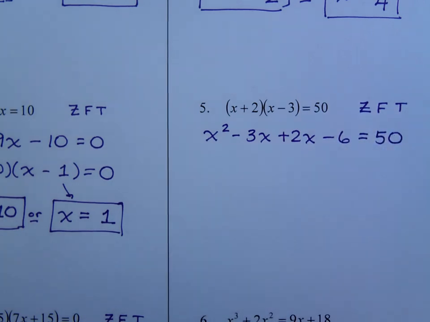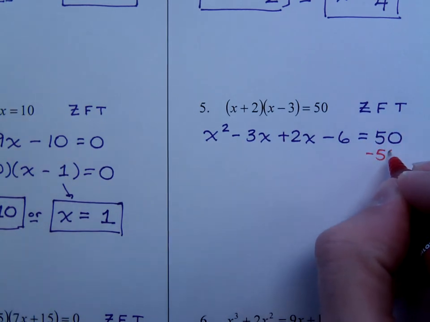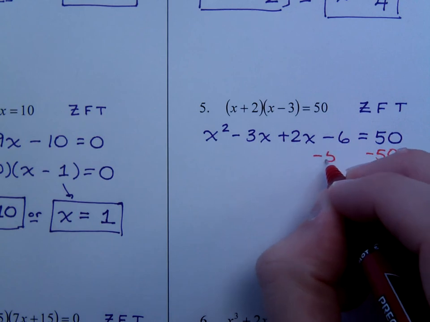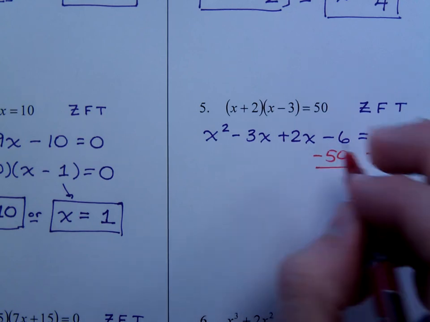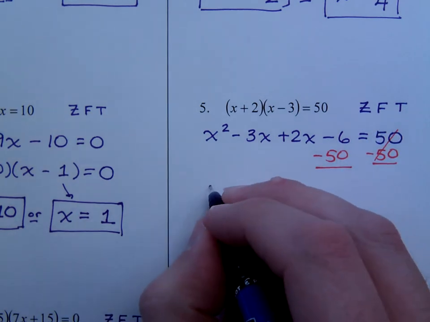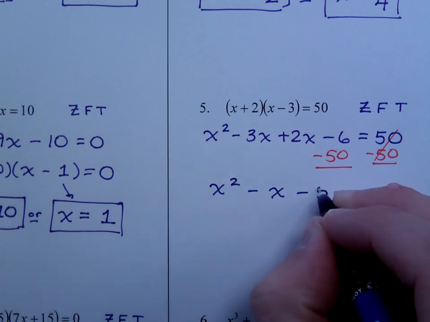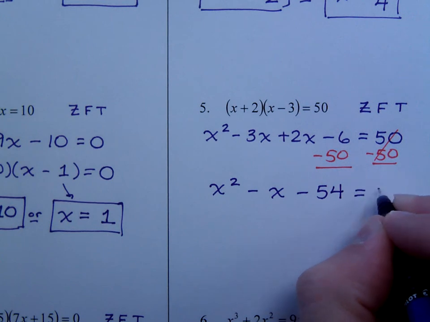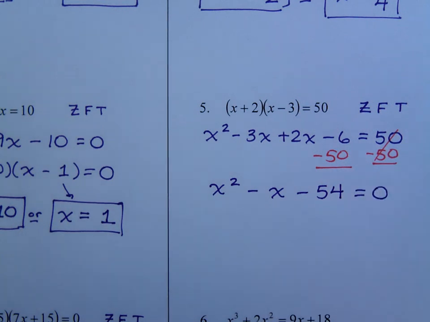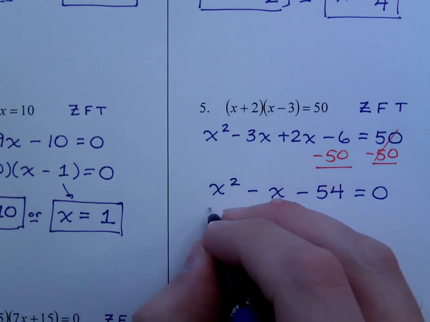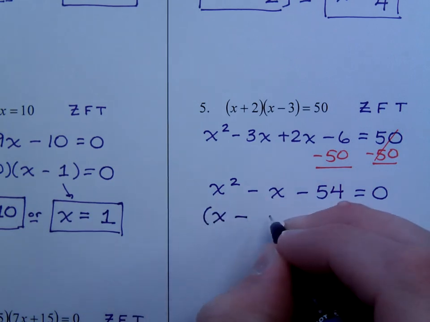And now that I have this, I can get it equal to 0 by moving the 50 over. Just subtract 50 on both sides. And while we do that, let's go ahead and combine like terms. So that's x squared minus x minus 54 is equal to 0. And now it's just like all the other equations we've done so far in this homework. We just need to factor this. And this guy is going to factor as